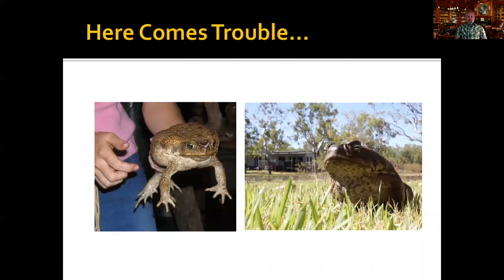So I'm going to tell you a story about this. This is the Australian cane toad. The story of the Australian cane toad is a true story. You can look it up on the internet, go to the Wikipedia page about it. What happened was in Australia, I'm trying to remember when this was, I think the late 1800s into the early 1900s, sugarcane exploded throughout the continent of Australia.